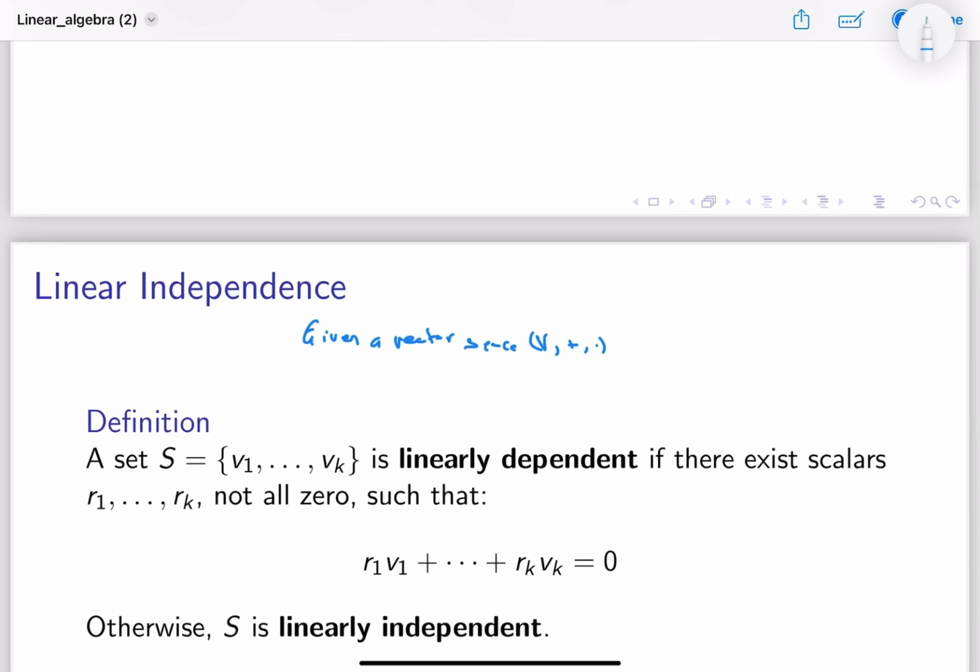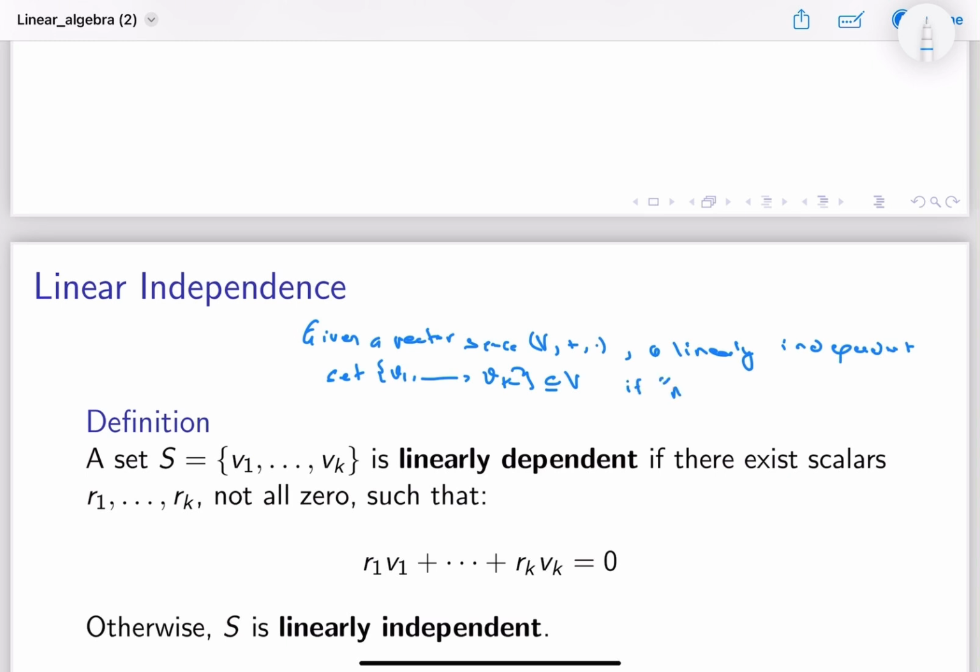So a linearly independent set V1 through Vk. So we have these vectors that are coming from the vector space V. This set of vectors is said to be linearly independent if